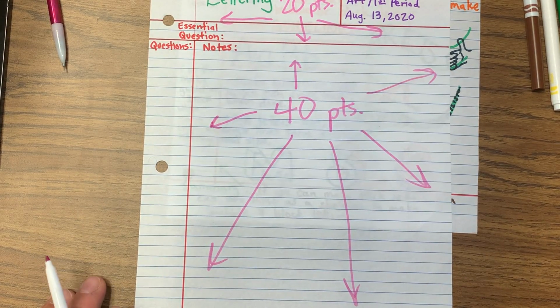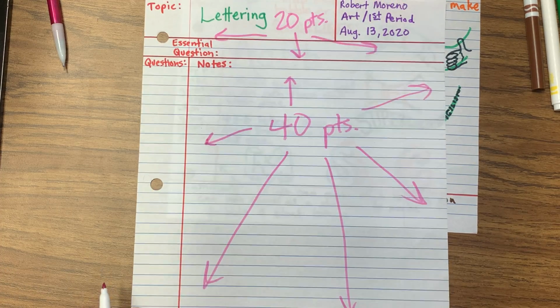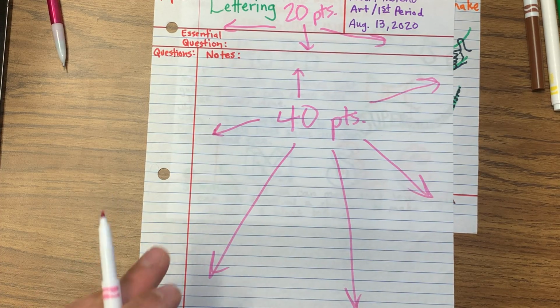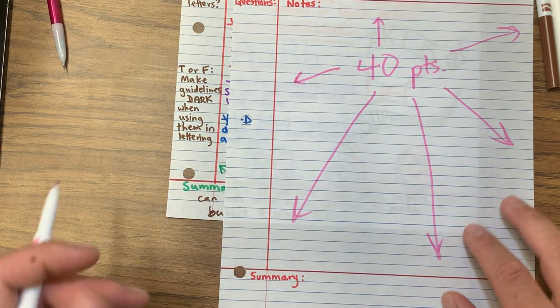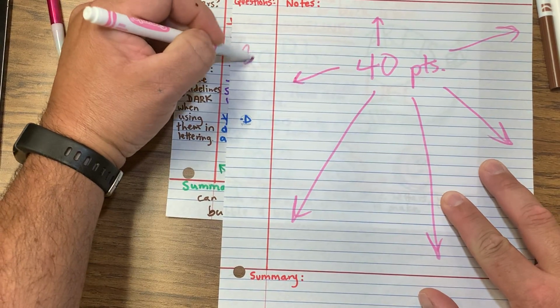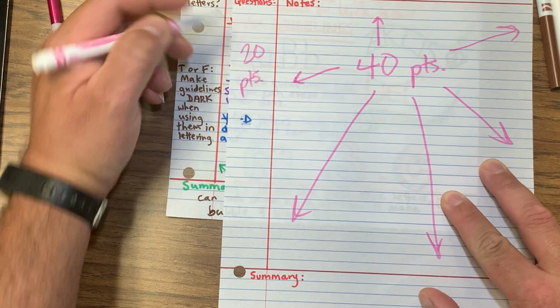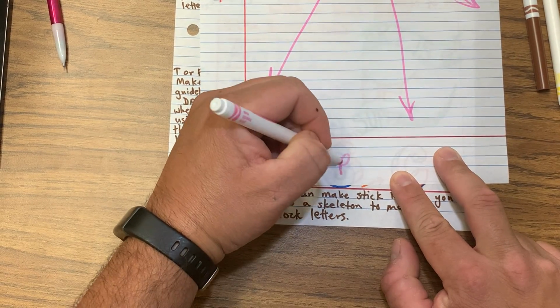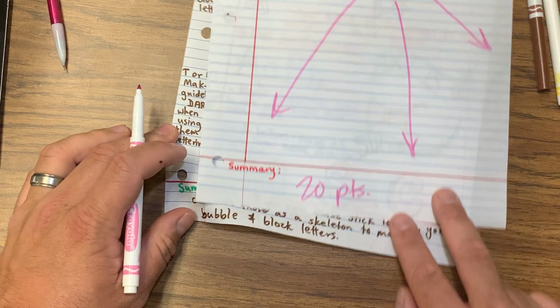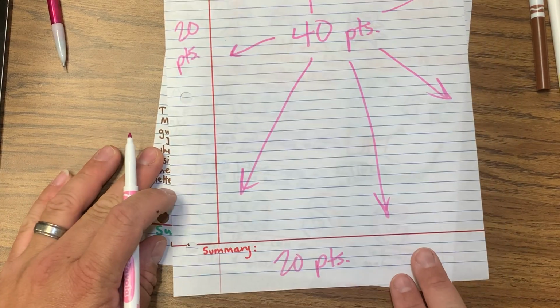So there's 60. You're still missing 40. So guess what? Even though there are small sections, like I said, they're important so you can revisit your notes. They're important so you can try to remember some of this. Question section, 20 points. And the summary, 20 points. So that's why it's important to do those sections,